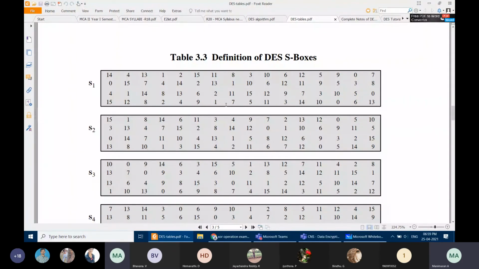Why only 0 to 15? Can anybody say? Because the output of each S box is only 4 bits. By using 4 bits, how many values maximum we can create? Only 16, right? Yes, sir.